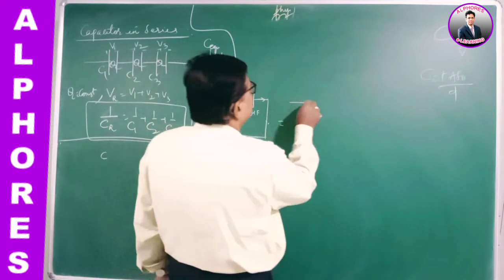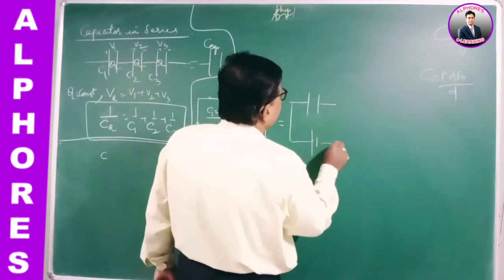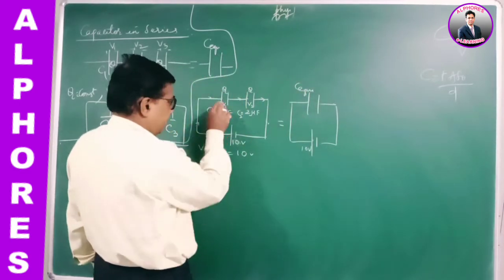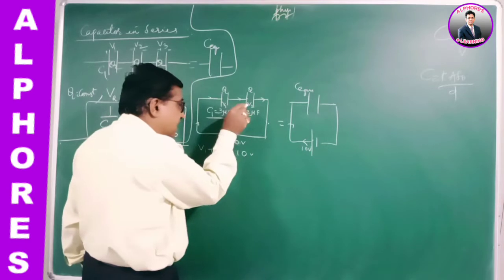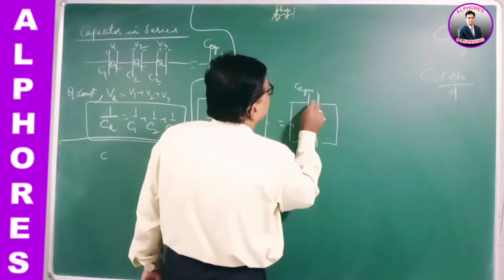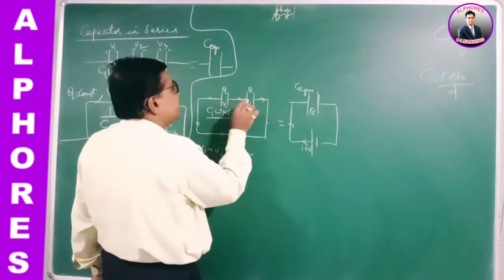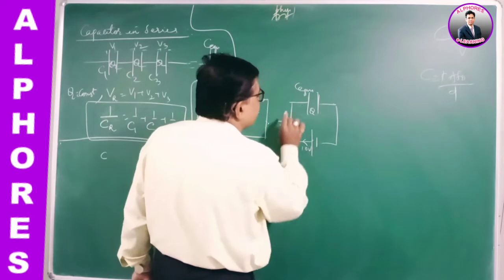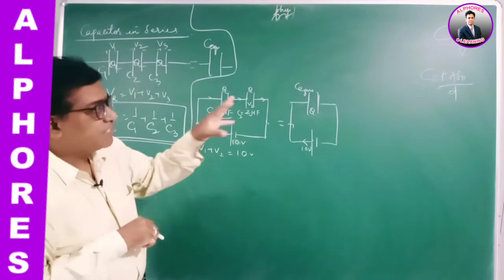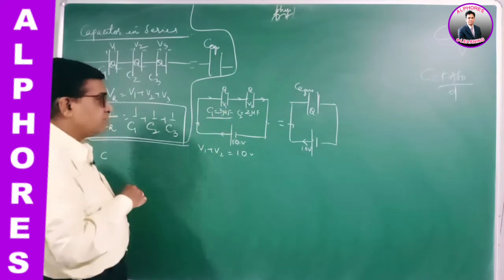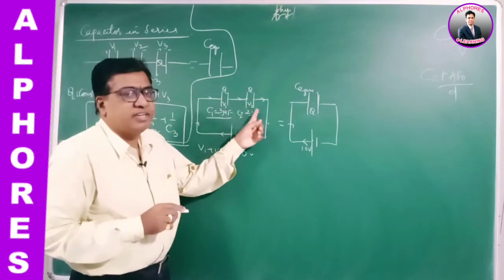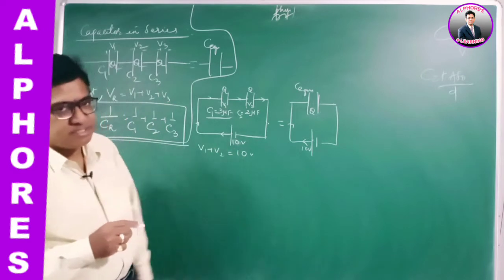Well, if these two are equivalent to a single capacitor like this, with the same 10 volts, this is the equivalent capacitor. Whatever charge is drawn out of the battery when these two are connected in series, the same charge is drawn with this. So instead of these two, the single capacitor will show the same effect. Then this is termed as the effective capacitance, the effective resultant capacity. Right, the same charge will be flowing out like this. Well, the total potential is distributed between them as V1 and V2, where V1 plus V2 is 10.